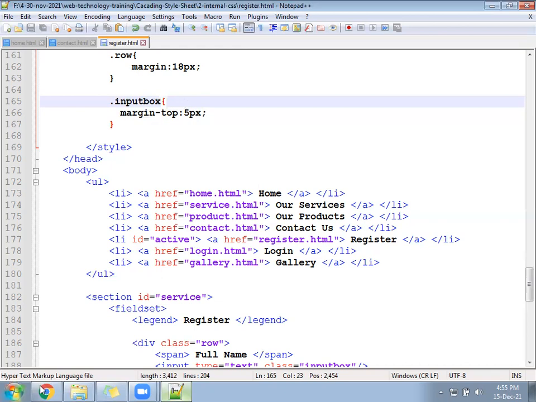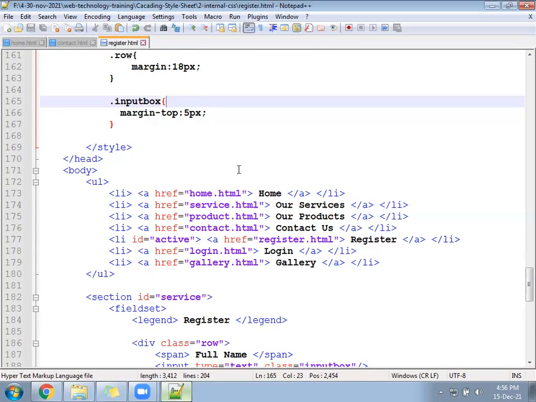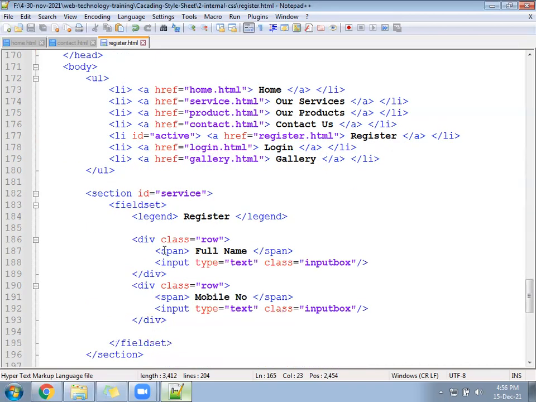Both working. Now we can write one CSS. Okay, let's add some more fields then. Till here you are clear? Instead of following the table, we follow the row division now. Inside the division, label or span, you can write for the display.